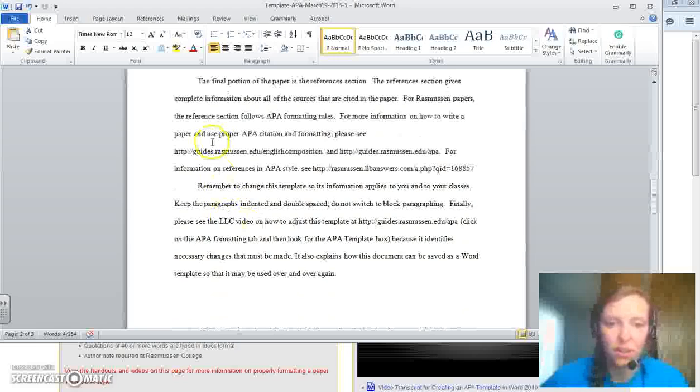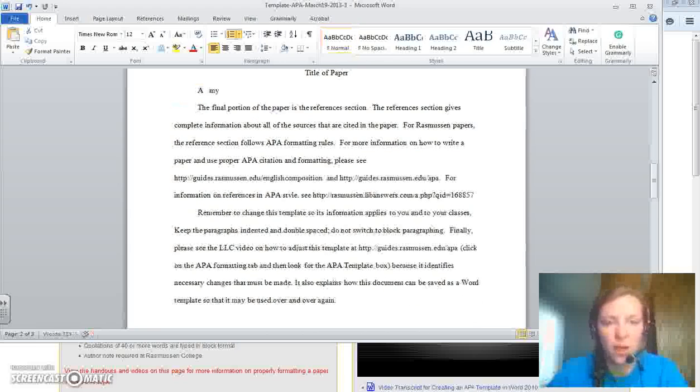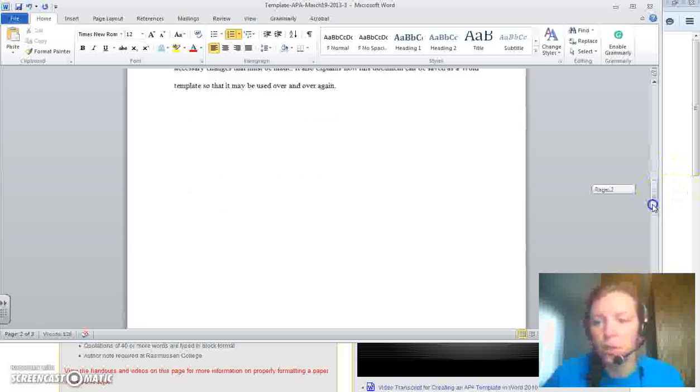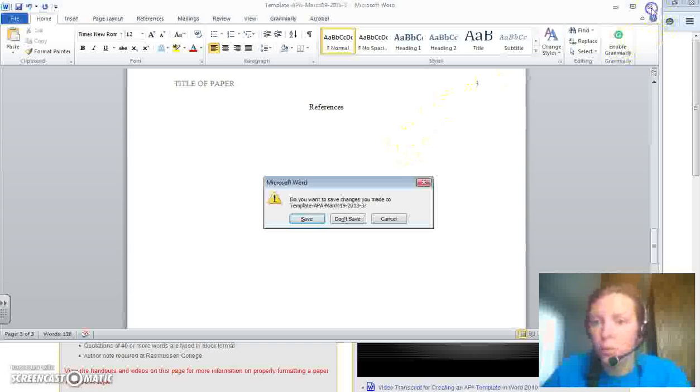Fill in your answers here. So you can delete this paragraph and put A, my answer goes here. And then delete the next section and say B, my answer goes here, and so forth. So if you haven't already discovered this tool, please use it. All the way down to the bottom, we have references on this last page. If you are unfamiliar with using citations, please go back to the website